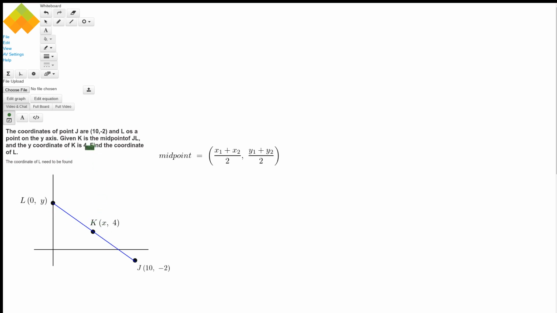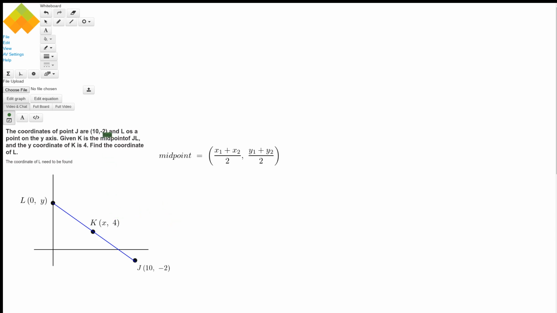And then they told us that k, the midpoint, which is of course just the point in the very middle of the segment, is x, 4. I write x because we don't know what the x coordinate is, but they told us the y coordinate is 4. So to solve this problem, you got to remember how that midpoint is calculated, or how you can calculate